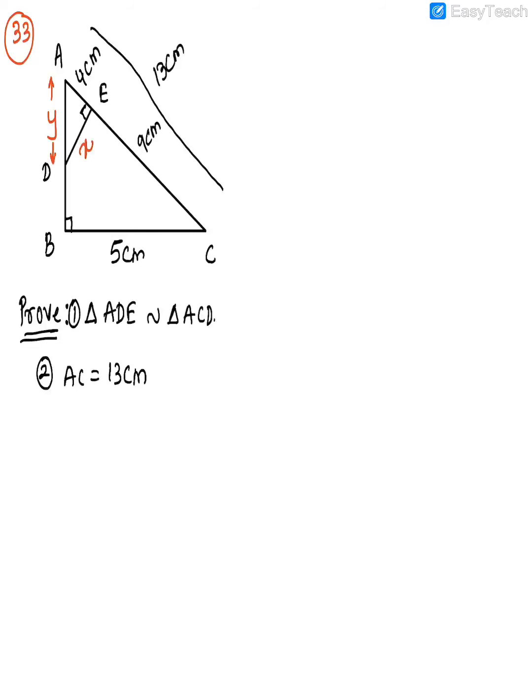Okay guys, so proving similar is the only little challenging part. Once you've proved them similar, it will be easy for you to solve it further. Now see how to prove it's similar first. One angle we are already given 90 degree in both the figures. So in ADE we are given what? E is 90 degree, correct? And in ABC what is 90 degree?